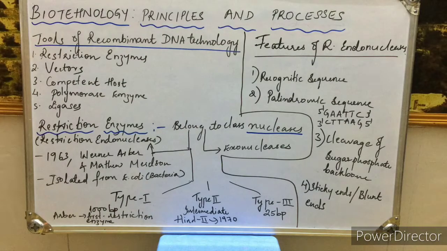So this restriction endonuclease is going to cut the DNA sequence of the bacteriophages. These are the viruses that are invading into the bacterial cells. So this restriction endonuclease has the capacity to cut the DNA sequence of the bacteriophages that are invading the E. coli bacteria. So they have studied that, and this has a capacity to cut the DNA sequence.